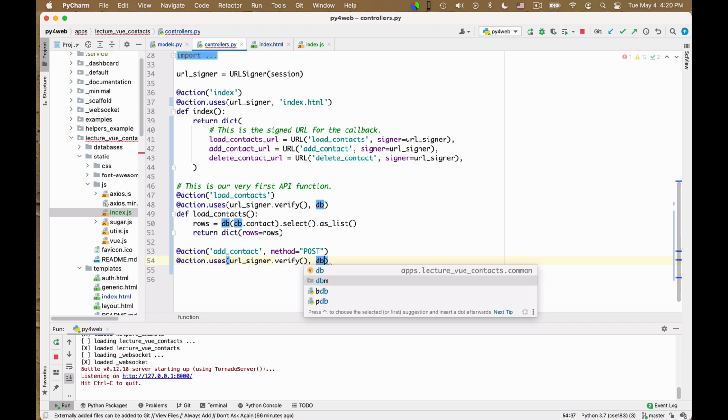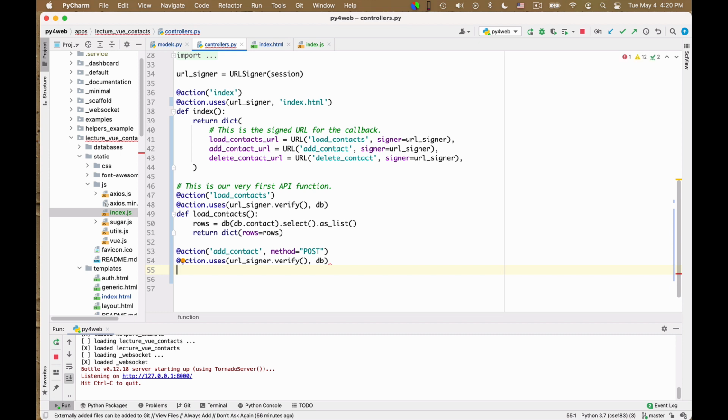and also the database. If you forget the database here, it's important. What will happen if you forget the database here is that the changes will not be committed. And so you will send the contacts to the server. The server will process correctly everything you ask it to do, except no new data is then inserted in the database. And it's an error that is very difficult to find, because your code appears completely correct and is completely correct, except that because you have omitted this database from here, your changes to the database will not be committed, and so will not be saved. It's a very subtle and annoying error.